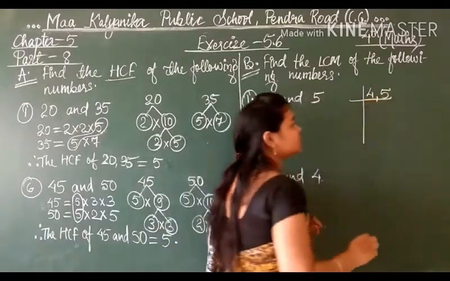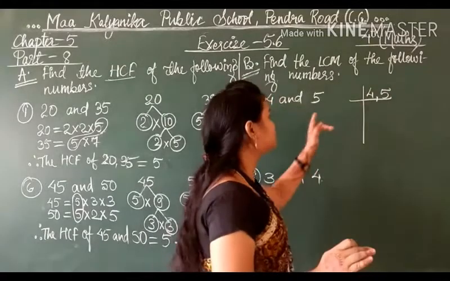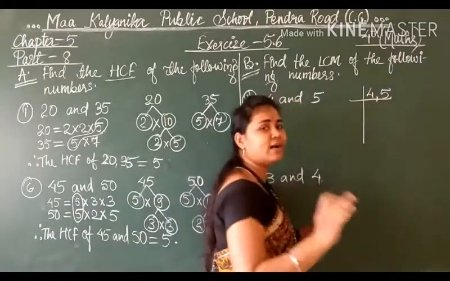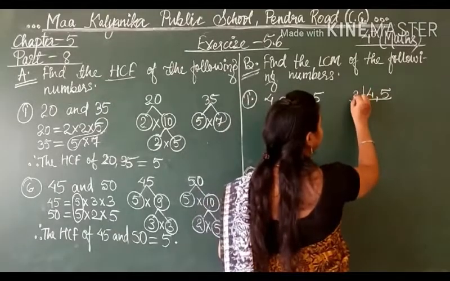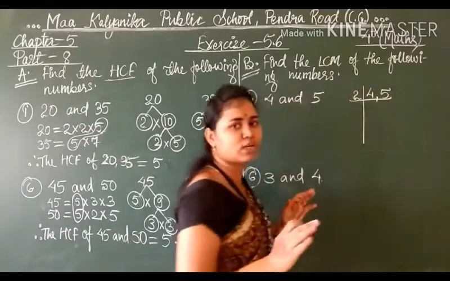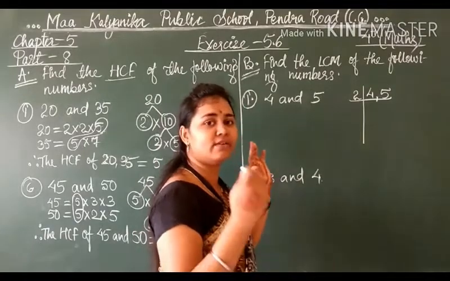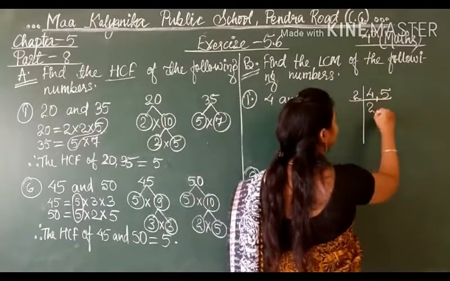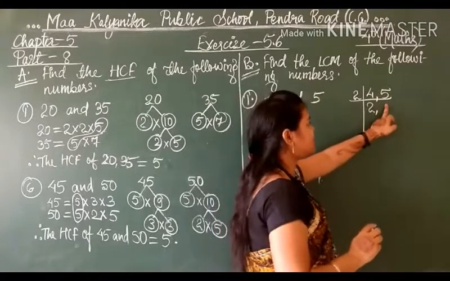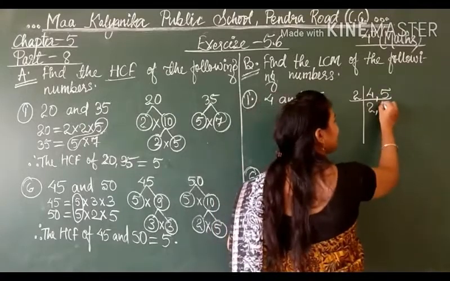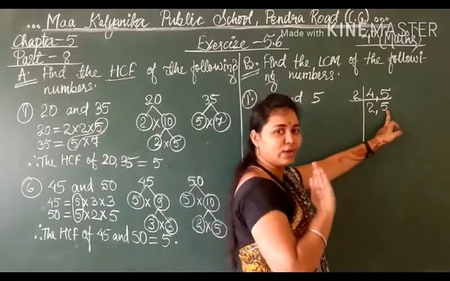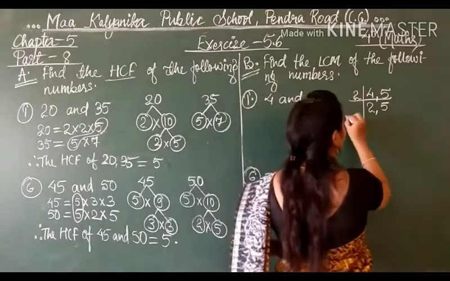So first we have to see the common factor by which it can be divided. So 2 can divide 4, but 5 cannot be divided by 2. But then also we will take 2 first, because no other common factor is there which can divide 4 and 5 both. So see students, 2 2s are 4, 5 cannot be divided by 2. So you will write it as it is. Remember, 2 2s are 4, 5 cannot be divided, as it is we have to write.